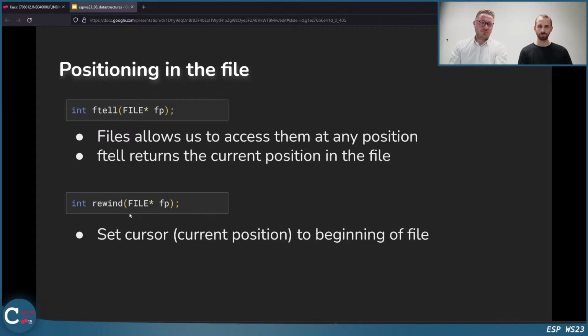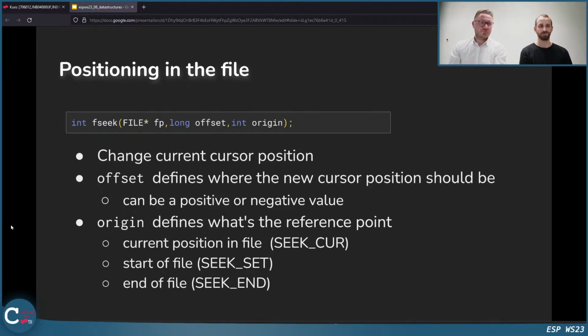And you can also use rewind. So let's suppose you don't know where you are, you have lost your position. Just write rewind, then it sets the cursor to the beginning of the file, and then you can try again. Or you just want to be sure that you're at the beginning of the file again, then you can rewind. This doesn't do any harm. If you are in that position already, nothing happens.